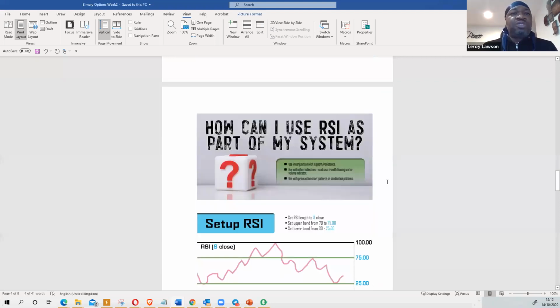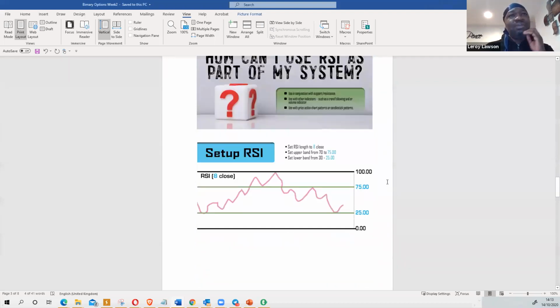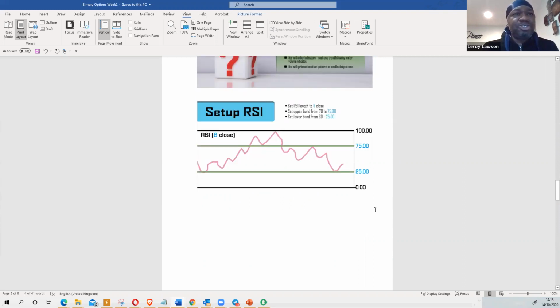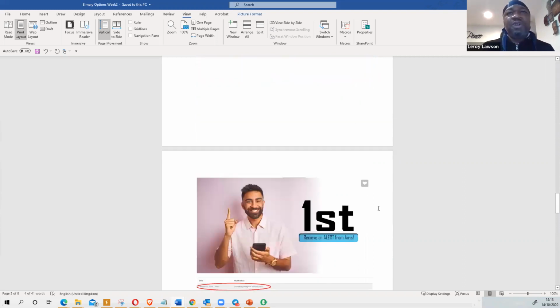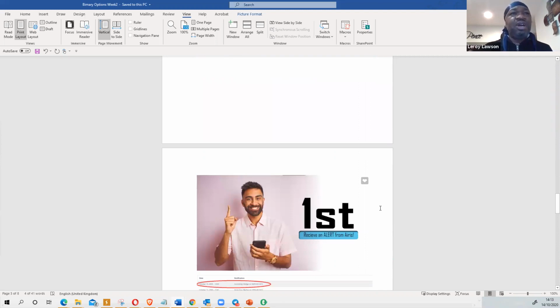Now, we spoke about using the RSI. Again, we're going to change it from the standard 14 to 8, and we want it when we capture these moves, as I showed you. So first of all, I received an alert from a bit of software that I